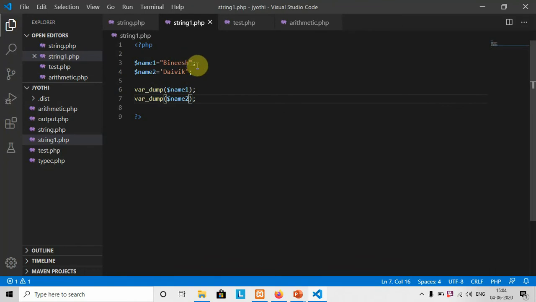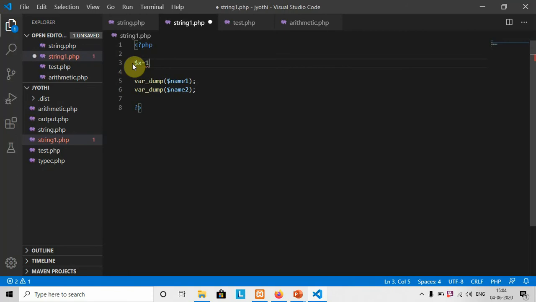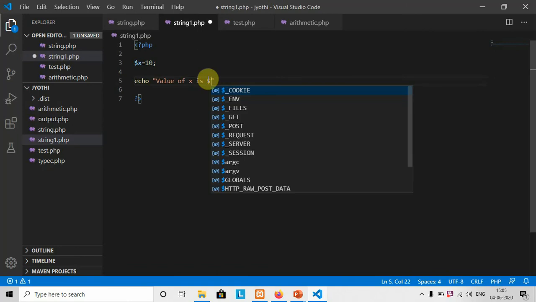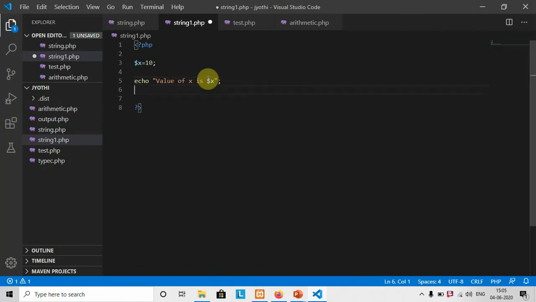I have a variable here, $x equal to 10. Now I am going to embed it in a string, with a statement echo "value of x is $x".